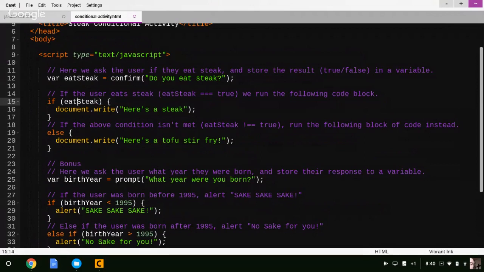Also, another thing that you'll see sometimes: if I want to know the opposite of that, if I want to know if this is false, I can put an exclamation point here. That'll just make it false instead of true. Or sometimes people put 2 exclamation points before a thing. That just means if it's anything, like if it has some text in it, it will make it true. And if it's empty, it'll make it false. So it's a way of converting a string or another type of variable into a Boolean,